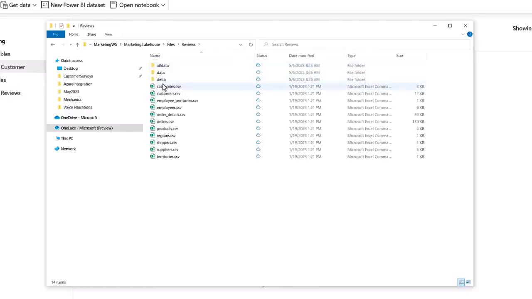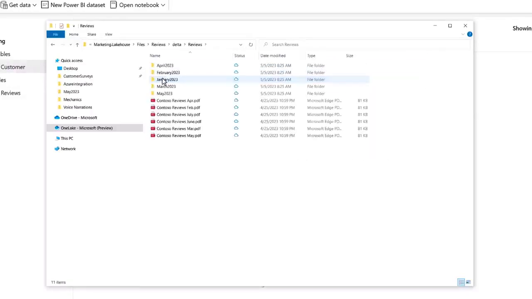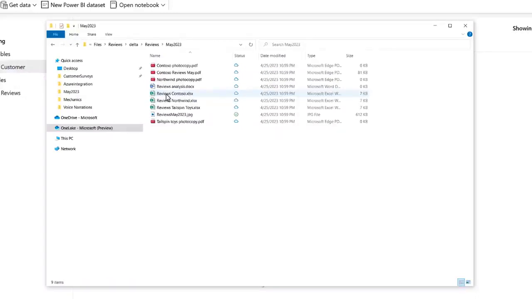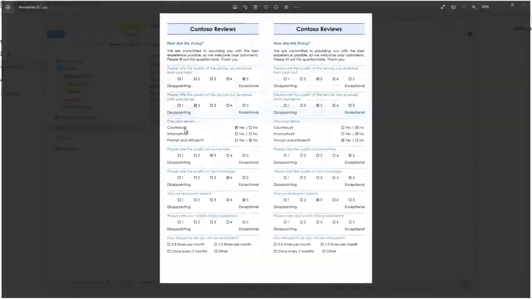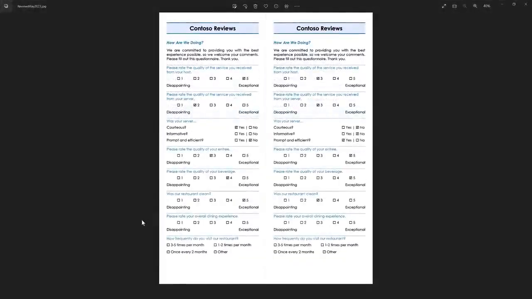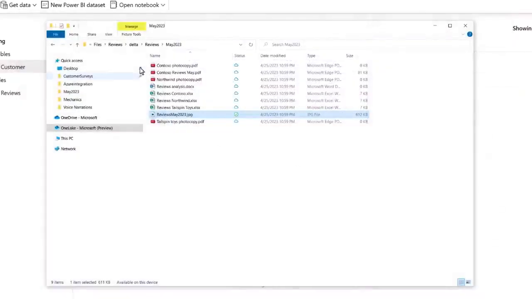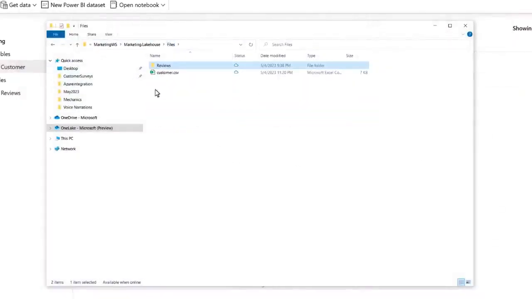If I jump into the files section, I can easily navigate through the folder structure and open up the reviews folder sitting in my Amazon S3 bucket directly from the File Explorer. I can even open up the same file locally that I had opened in the Lakehouse, despite the fact it is still sitting in my Amazon storage account. So now let's jump back into files so that I can bring some local data into OneLake.